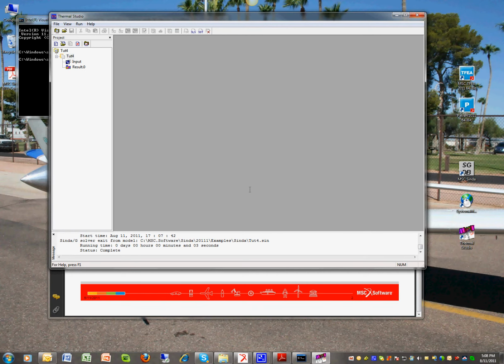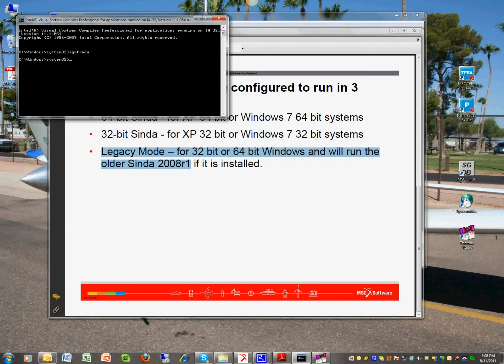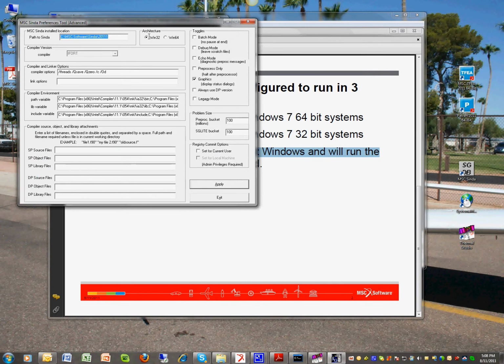Now, maybe there's a case where you want to run the older Sinda 2008. You have a model that you want to compare it to the new Sinda, speed or accuracy or something, and so you want to do that. Well, you can do that in a 32-bit window too, because that was a 32-bit code. So let's run SGRT, and we say 32-bit, we say legacy mode, but there's one other thing we have to change. We have to change where